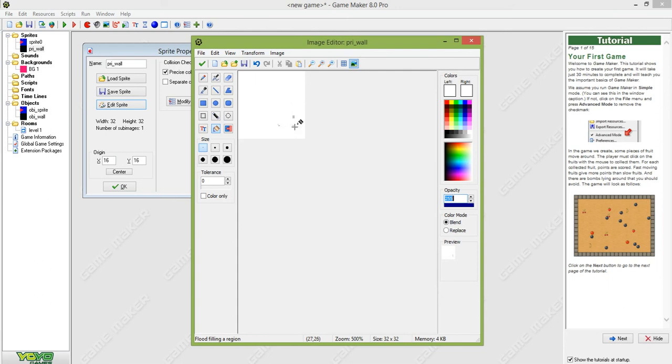So I'm gonna make it green. Maybe some cave things in there. Some cavey things. Then